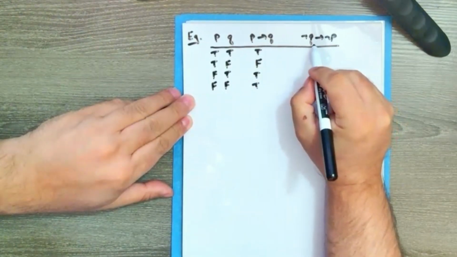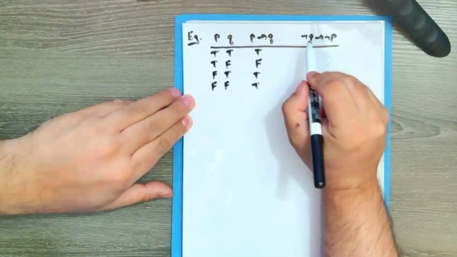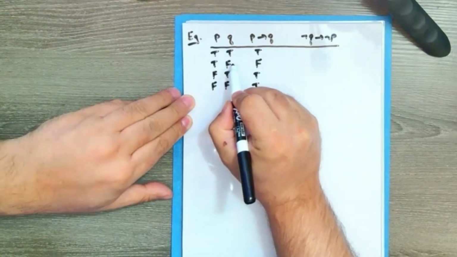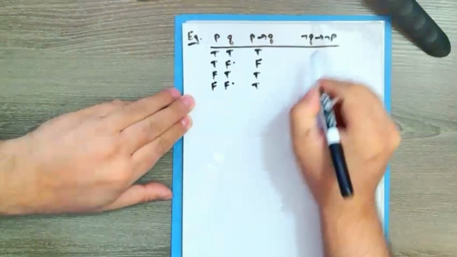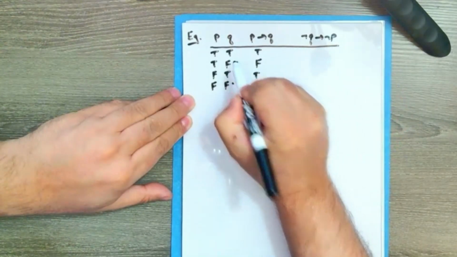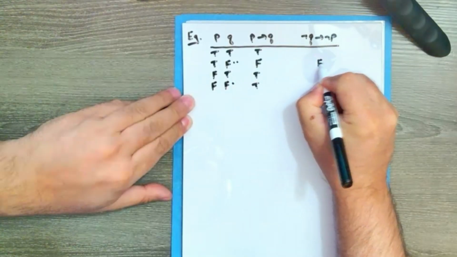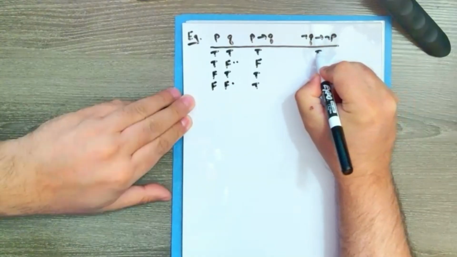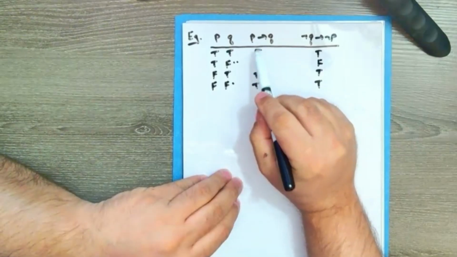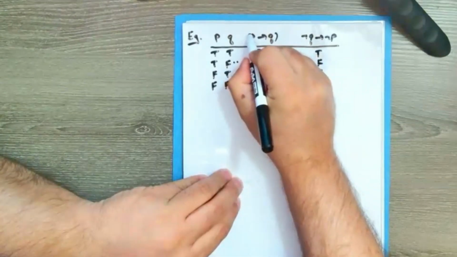Now, the contrapositive, not Q implies not P, is itself an implication. So we need the case where not Q is true, and so that is a case where Q is false, and not P is false, which is the case that P is true. And so that is this case, and in this case, this implication is false and is true in all other cases. So notice that the truth table for the implication and its contrapositive are identical, or we can look at the